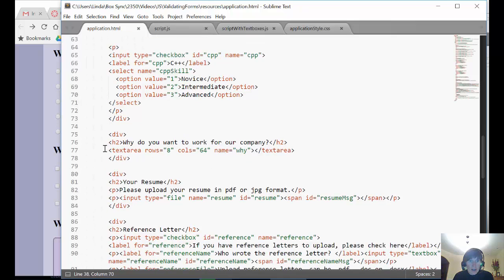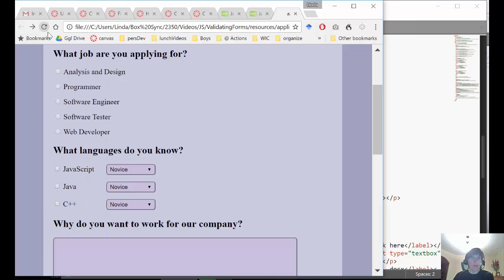And now the text area is right here. It has opening and closing tags. Remember that we put the attributes in the opening tag, so I'm going to put the required right there. So I save that. So I'm really just putting this required attribute in the HTML. And I refresh the page,